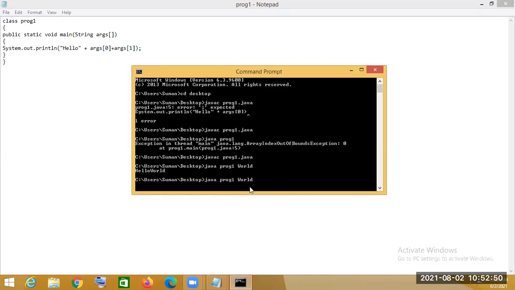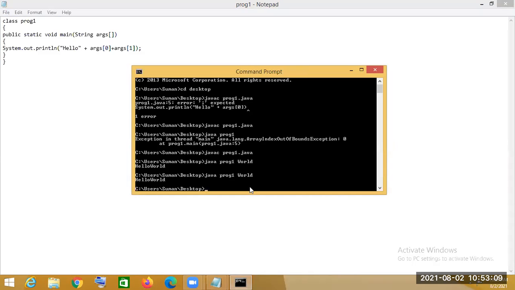So after making changes in the same file, save it and then compile that program. Because if you didn't compile that program, then the previous result will be shown here.